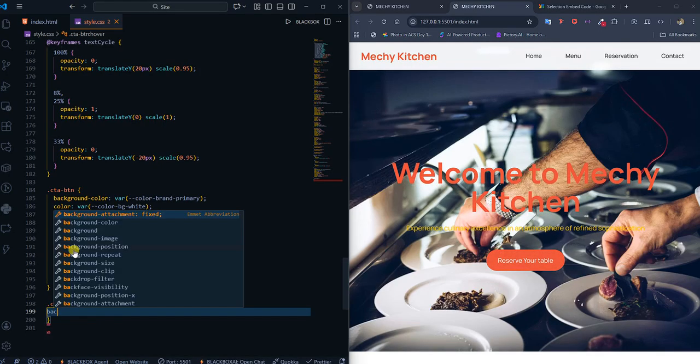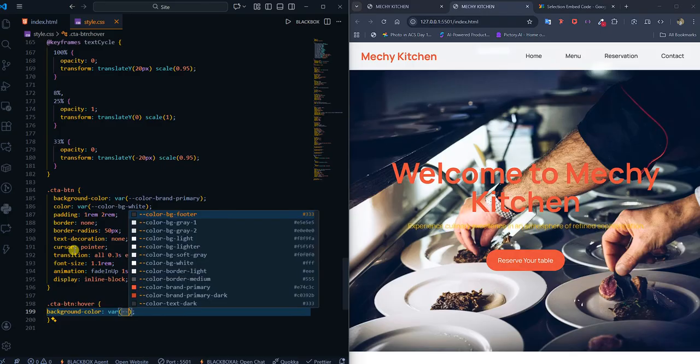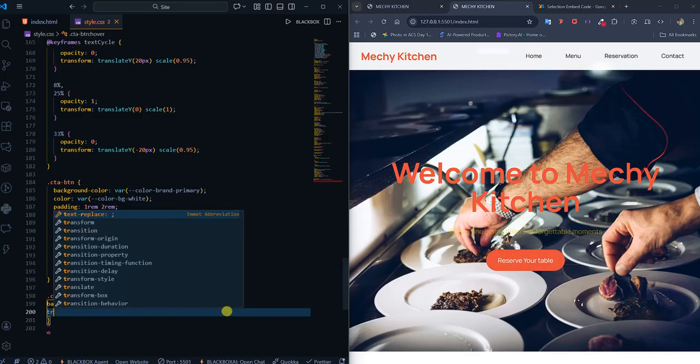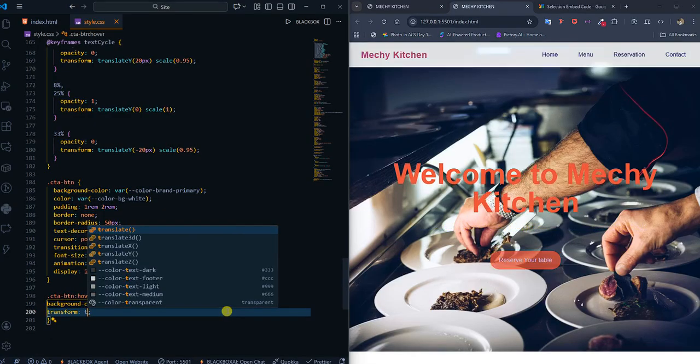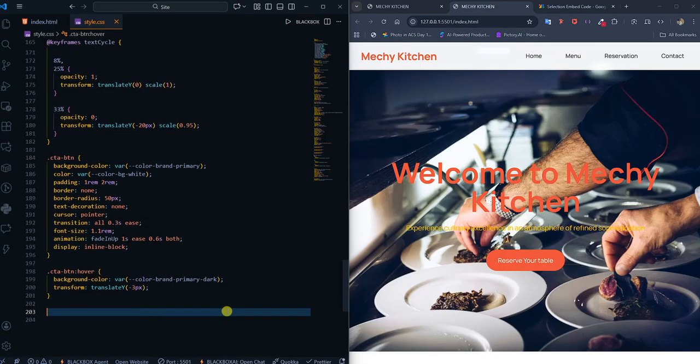We set the background color to be the variable, then we pick the brown deeper color of it, this one. In such case, we get this. Let's translate it a bit. To transform, then translate Y to -3 pixels. Therefore, it goes down. Then let's specify